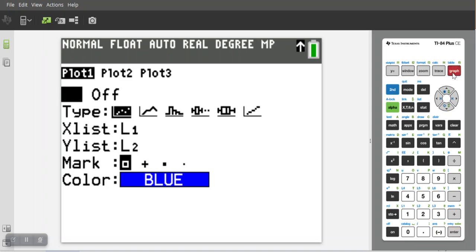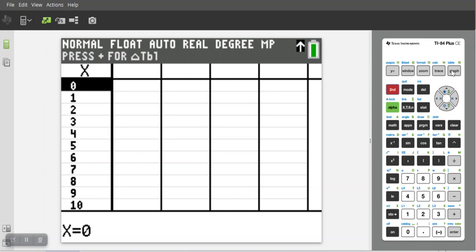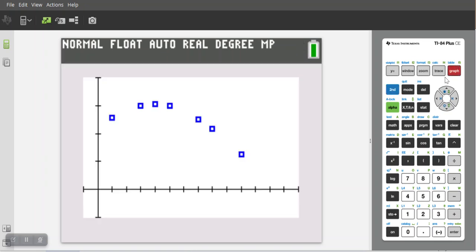So now that I have this on, here's the graph of that data, right? So it doesn't look linear, it doesn't really look exponential or logistic or anything like that. It definitely looks quadratic, right? So a quadratic regression would be appropriate here. And to do that, we're going to go back to Stat,